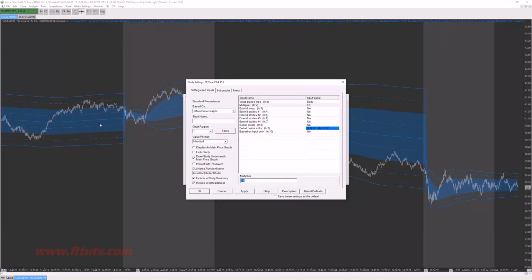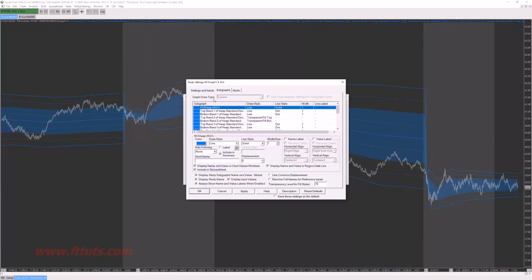These dotted lines above and below are the 0.5 standard deviation, and the full shaded region, the way I have it drawn, is the full plus and minus 1, and then above that, the 1.5 plus and minus, and then the 2 plus and minus.